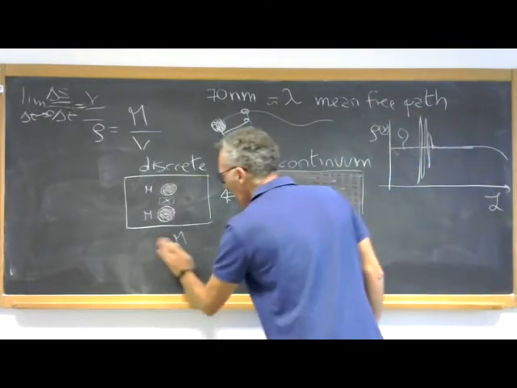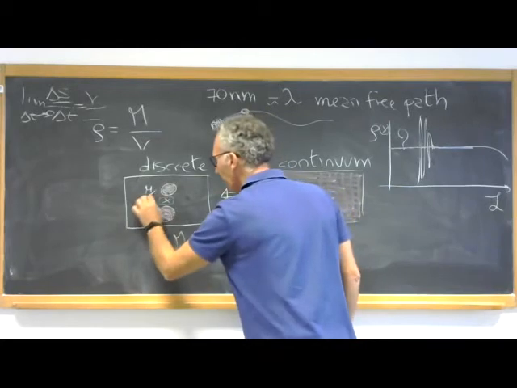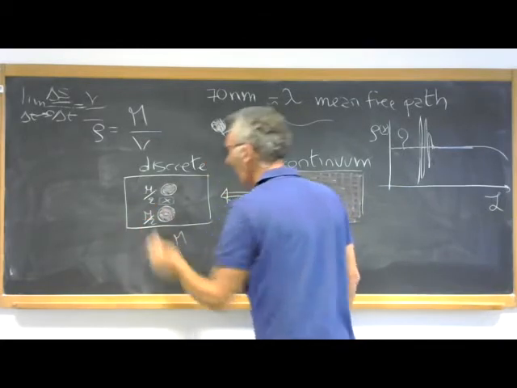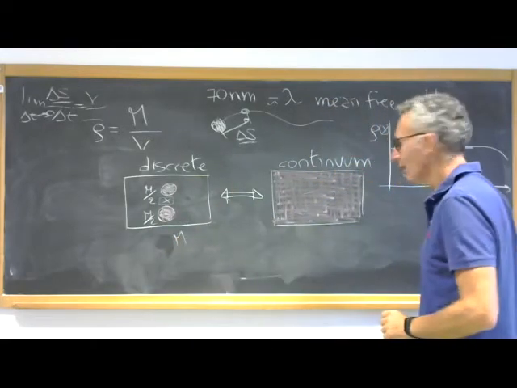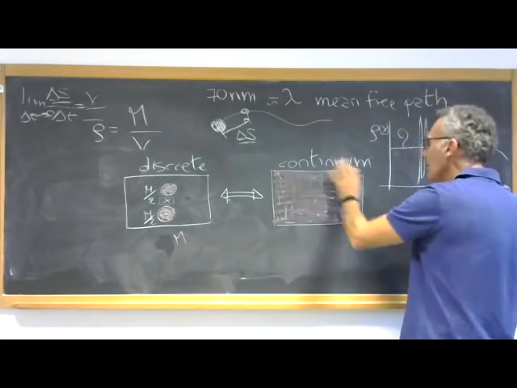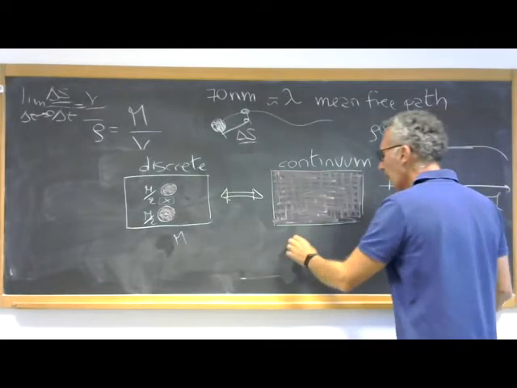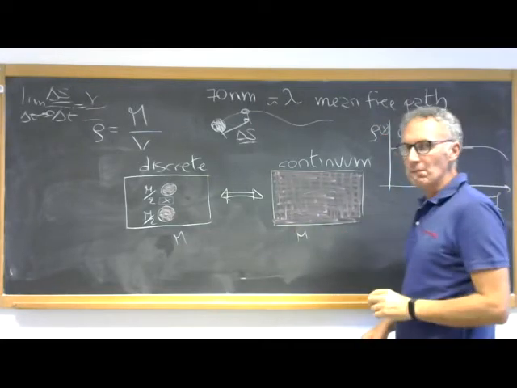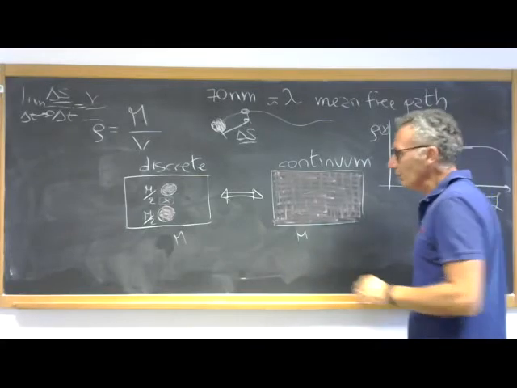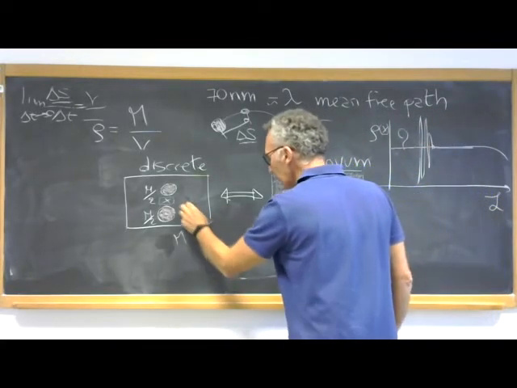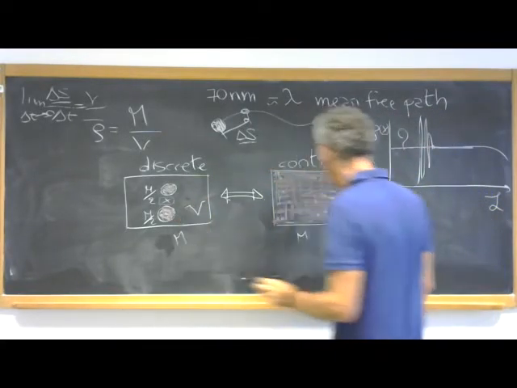Well, just to be more consistent, m/2 and m/2, so that the total mass is m, and then I have another system whose mass is m. And this is easy, but the difference now is that if this were the volume, I will